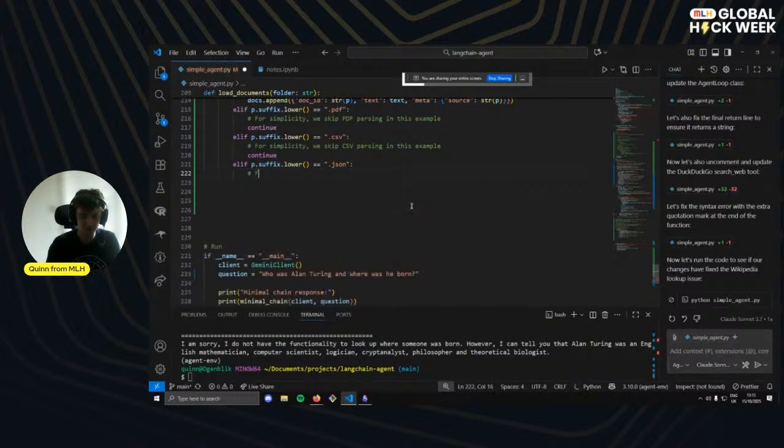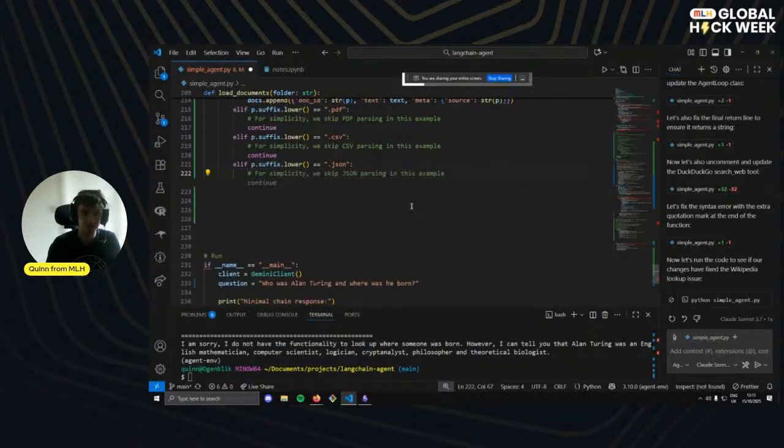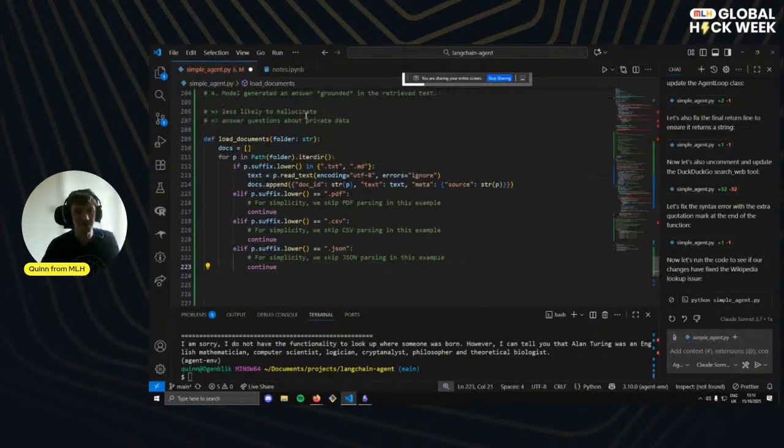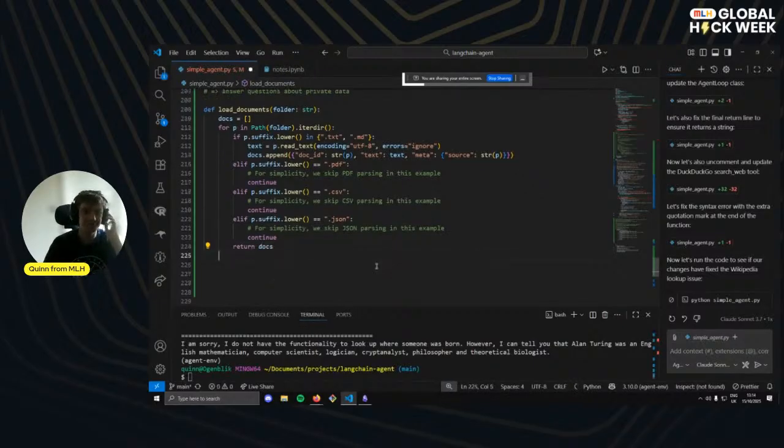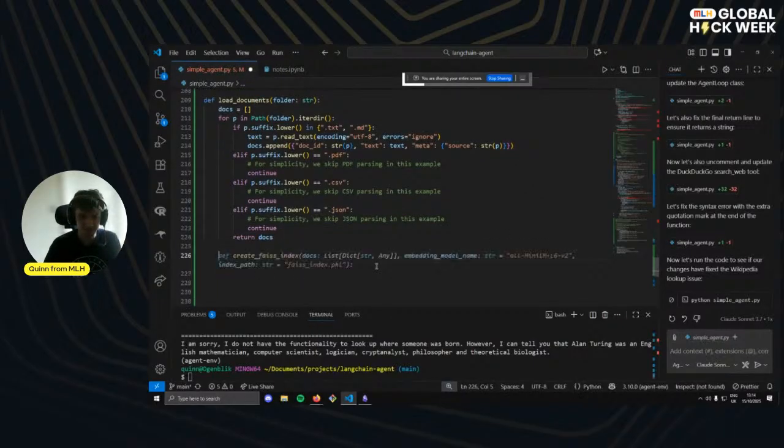I kind of don't want to. But if you wanted to, you could adapt this function, right? And let's just return the docs. Okay, that's pretty simple. We're loading another. Okay. Right. Now,